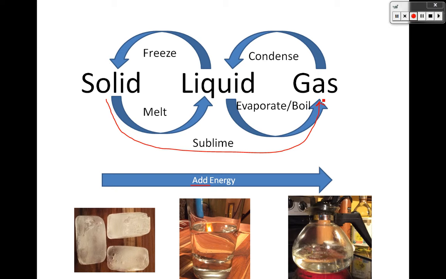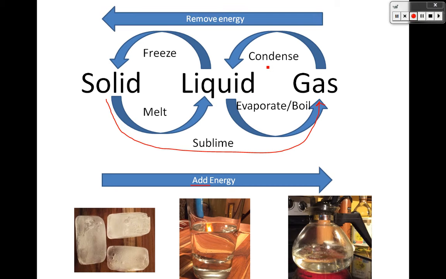Going from liquid to solid is freezing. So for some reason, these vocabulary words, melt and freeze, are always a lot easier, right? We use these all the time. We know that water freezes and makes ice. These two words we don't use as much, and I think that's just because we have such limited understanding of gases, right? We're used to things freezing or melting, but we're not always used to things evaporating or condensing. And so these are two words, condense and evaporate, that you want to pay attention to.